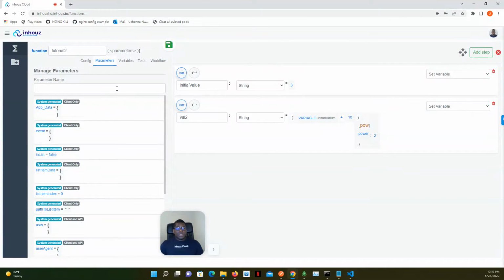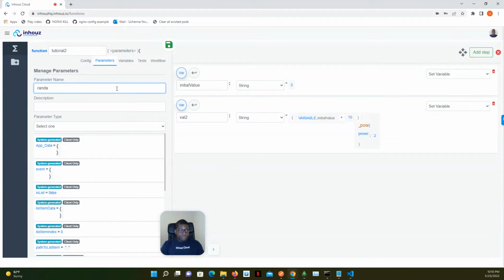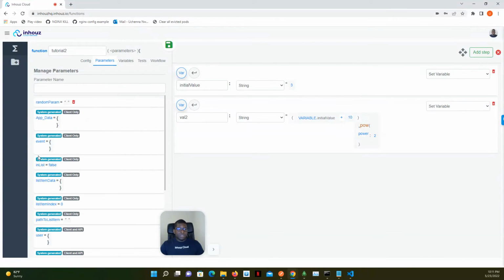Okay. Now you can also add your own parameters. And when you add your parameters, whenever you try to invoke this function, those parameters will be requested. Okay. So let's add a parameter. We'll call this random param. This is a random parameter. Cannot spell today. It's going to be by default an empty string. Okay. If I were to save this, if I were to add another step,